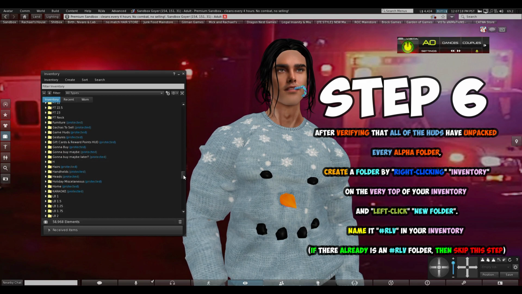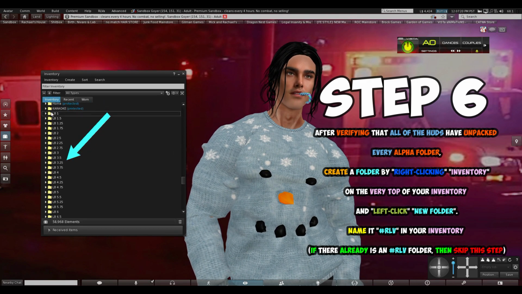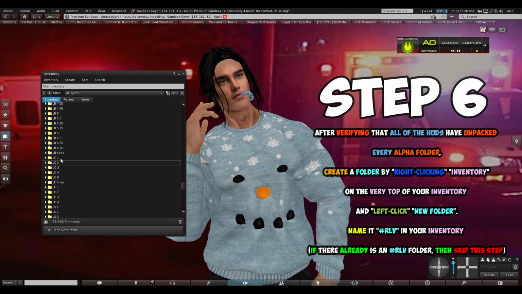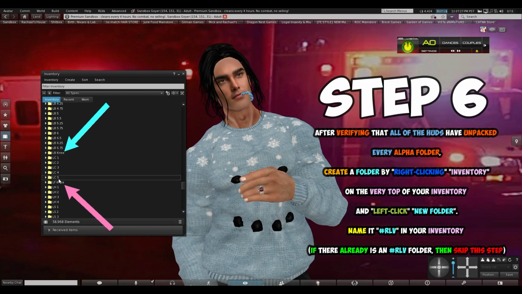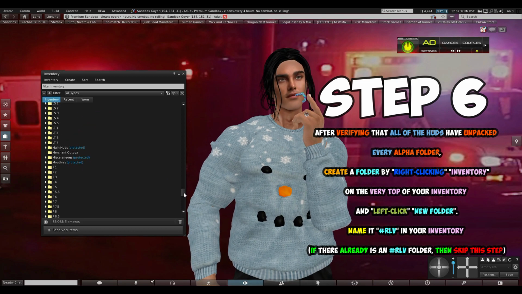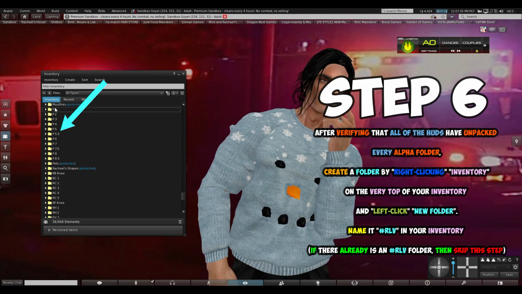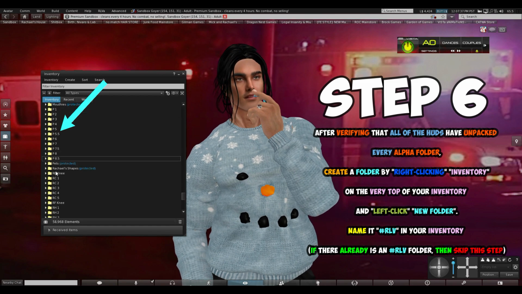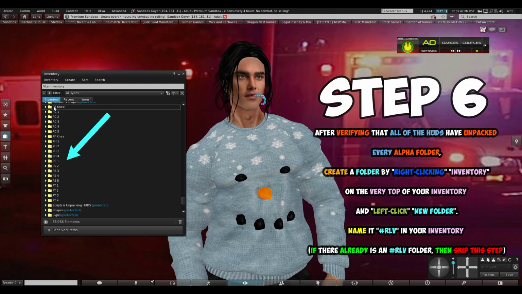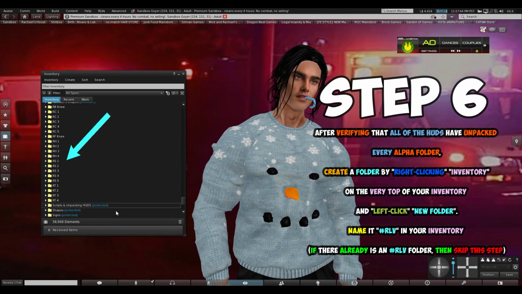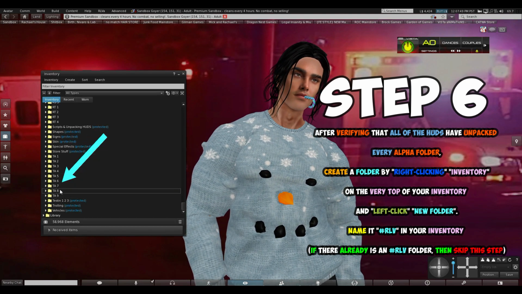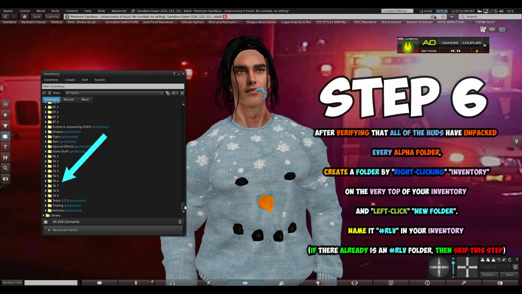Just like I said with the feet one, the H is for the hand alpha. Sometimes you'll have ones like this here. That's the lumbar ones. Get the knee one right here. That's the left back one and the left front knee. You got all these thighs, all these pelvis ones here, 1 through 8.5. And you got all the right side of the leg here with the knee from the back and the front, and the calves, the shins, the thighs, the hamstrings, and all the top arm alphas here, 1 through 9.